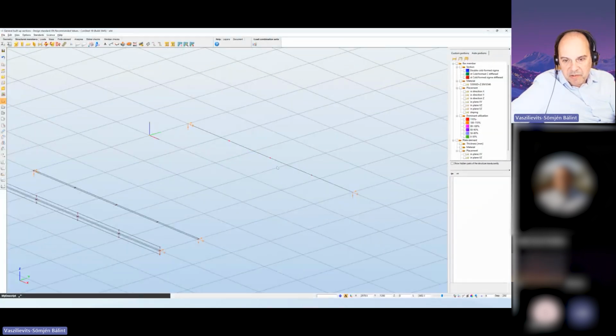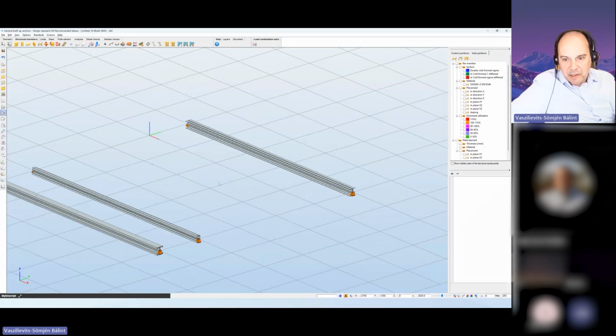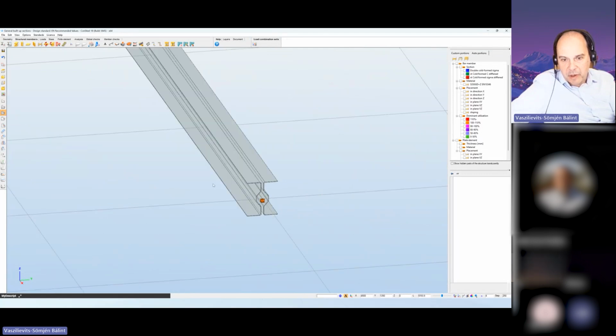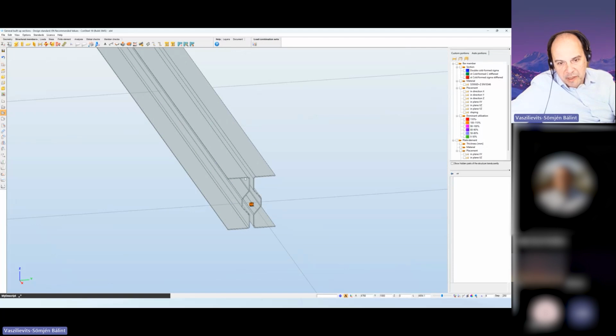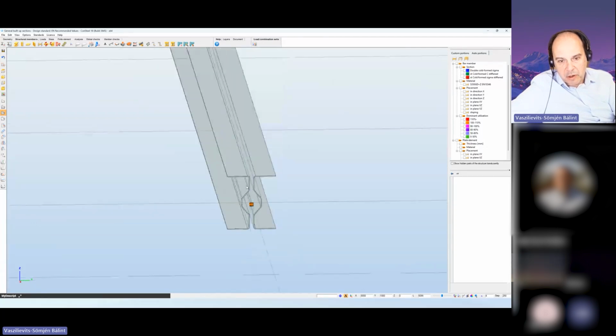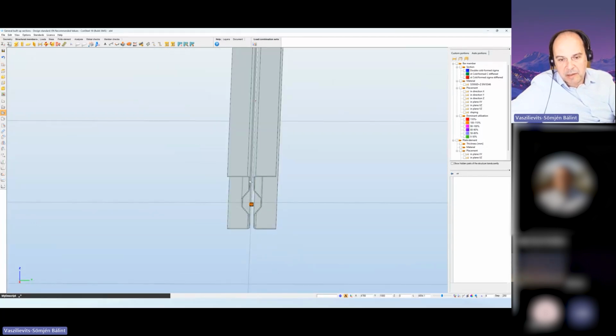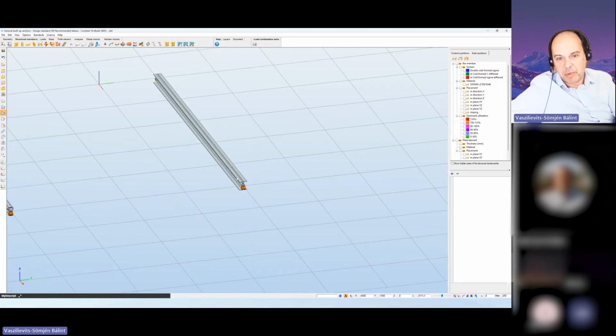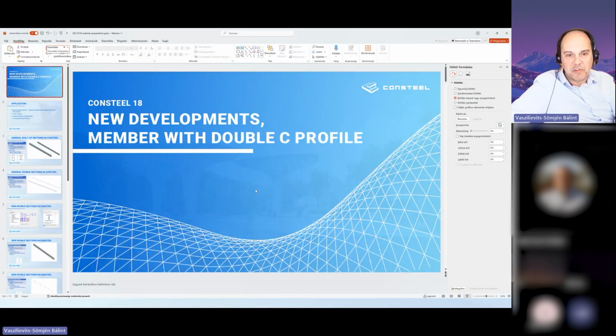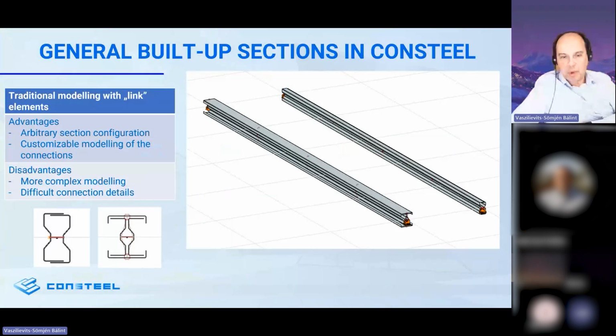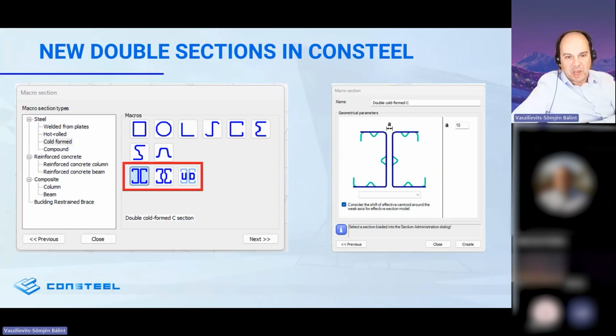We have just one reference line, and on the real structure, we have actually two profiles, which can be C sections or sigma sections, or even C-like sections, even a user-drawn section. And we can have even these profiles closely placed to each other, so without any gap, or we can specify a gap. This is possible with the help of a new function, a new macro type,